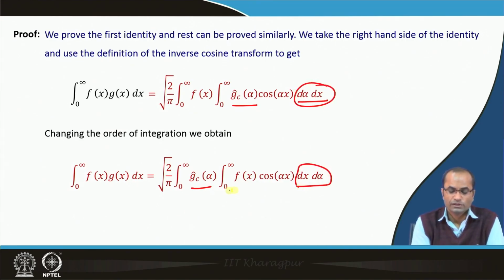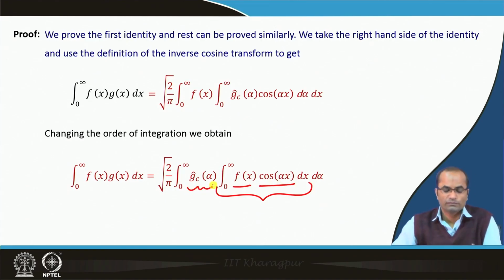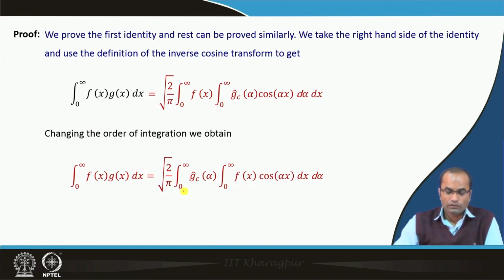So, that is the change. The inner integral has now become over x. So, we have to have the x there, f(x) and cos(alpha x); g hat c of alpha was free from x. So, we have written out this inner integral. And now, if we take a closer look, this f(x) cos(alpha x) dx is exactly the Fourier